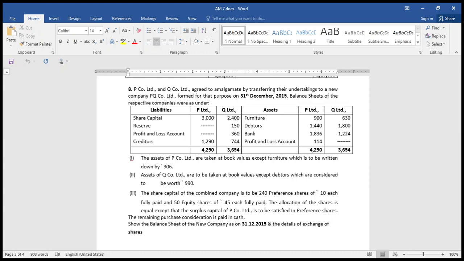Here also the mode of payment of purchase consideration is given, and the total number of preference shares and total number of equity shares is given, but we cannot calculate the total purchase consideration